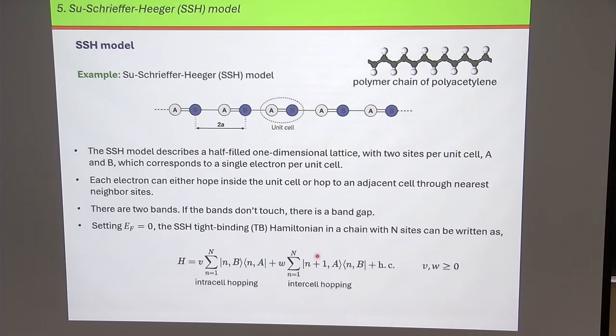So I have this Hamiltonian, and now what I want to do is to look at the topological properties. If I look at this chain with this Hamiltonian, it's a finite chain, right? It's an open chain. So I have a beginning, I have an end. First site is n equals 1, last site n equals capital N, okay? I cannot easily calculate this topological invariant. I need